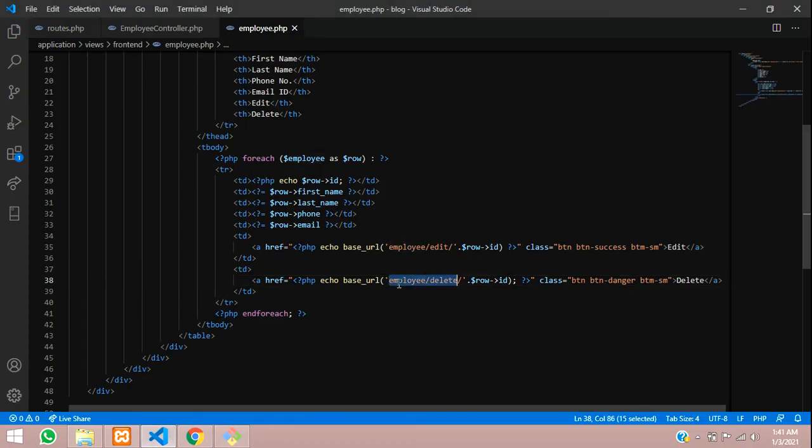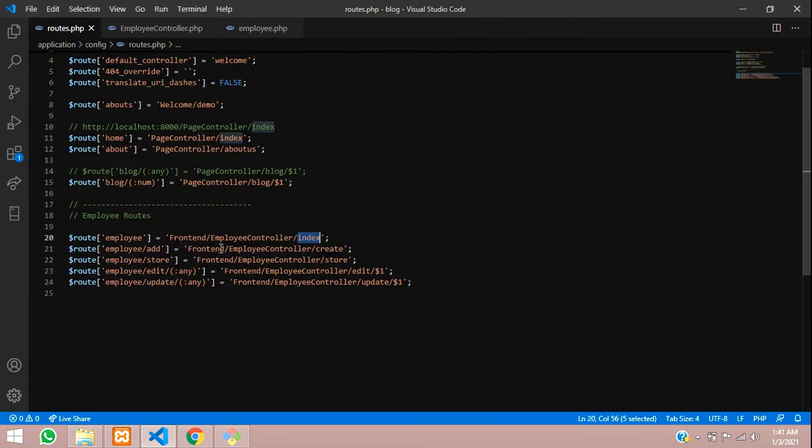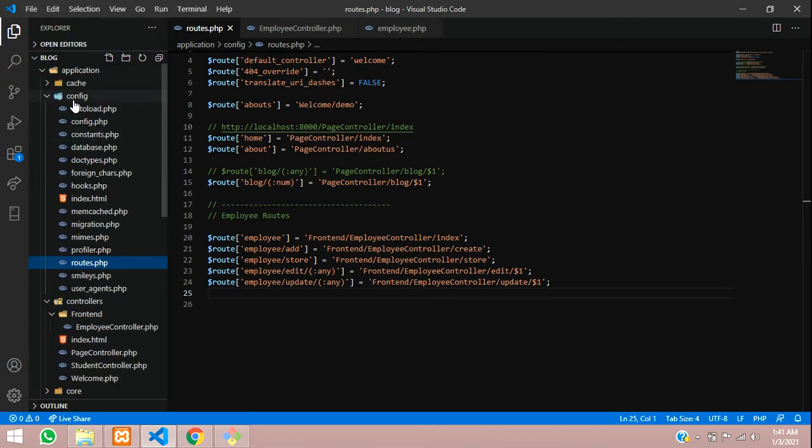Let's copy this and set a URL for it. That URL can be set in the routes.php file, which is inside your application config folder. Now let's create a route, $route, I mean an array of your path, forward slash, where you are going to send any ID or any digit or alphabet, you use the any method, and then you pass the controller name.